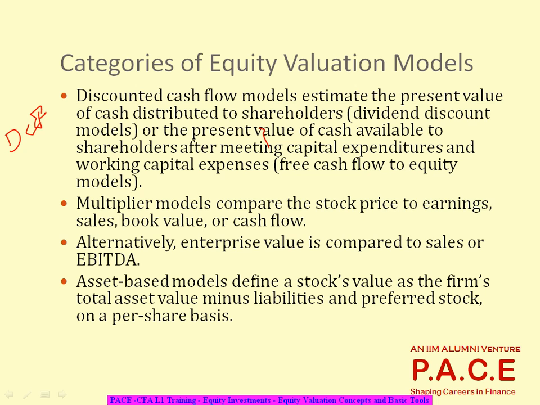Then the other kind of models are multiplier based models, which are more like relative valuation. Compare one ratio of this company with a ratio of some other company or industry average. If this company's number is more than the industry average, I may take a sell decision. If it is less than the industry average, I may take a buy decision. So the valuation or the number I am willing to give to that particular company could be based on comparison with its competitors and the industry average.